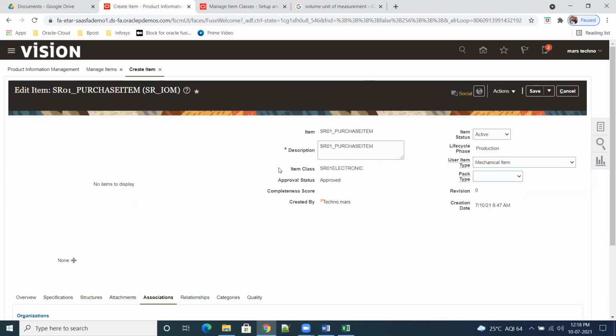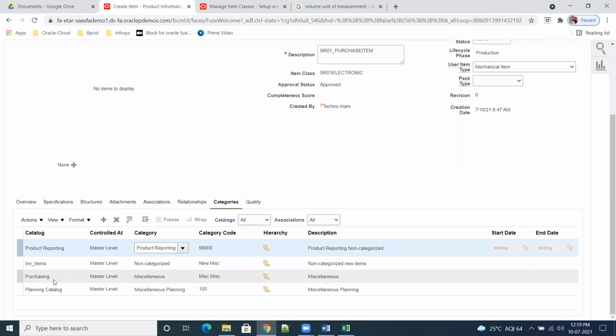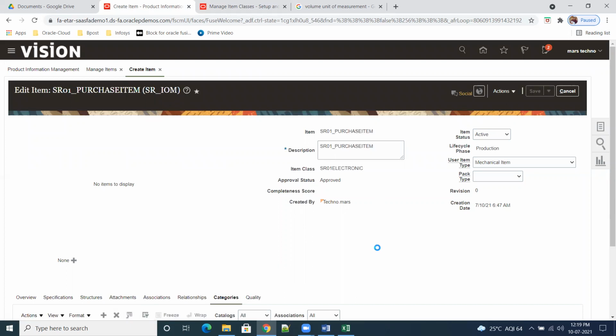Okay, so very simple. Just you create the classes and then all the things. So create the item. While creating the item, select the class and associate your item to inventory. Remaining things we'll see in detail. What to change in the attributes, what not to change, what is category. See categories, if we go here, system automatically takes the purchasing one. So category code is miscellaneous because we have not created our own. If we create, system will take our category. Okay. So this way you can create your items under your classes.